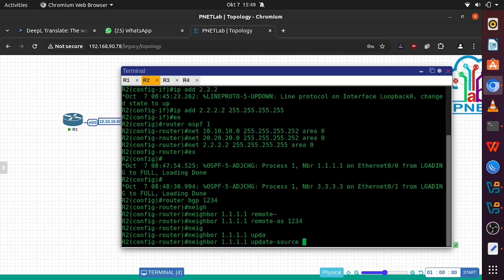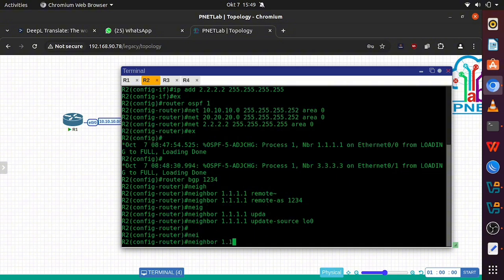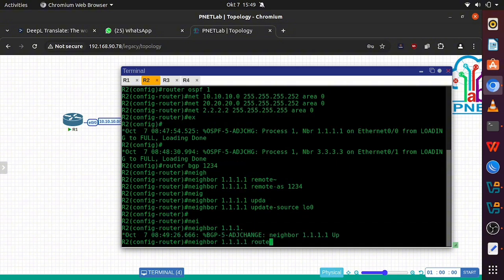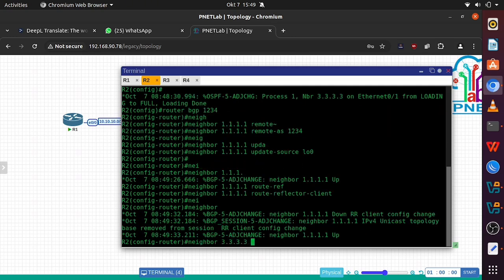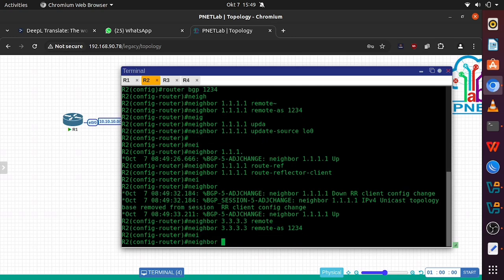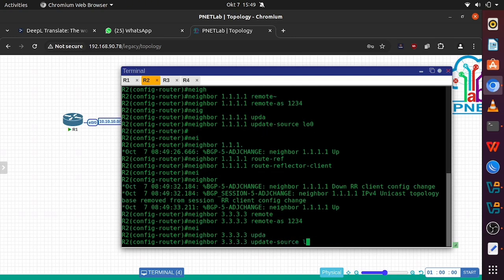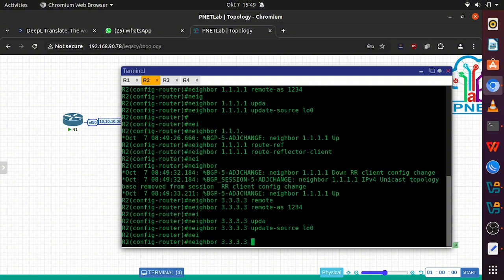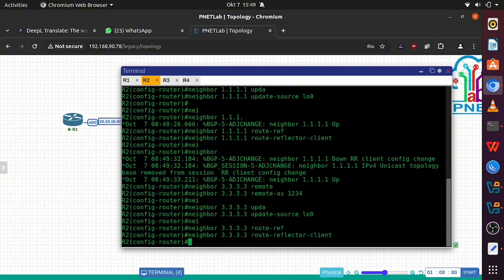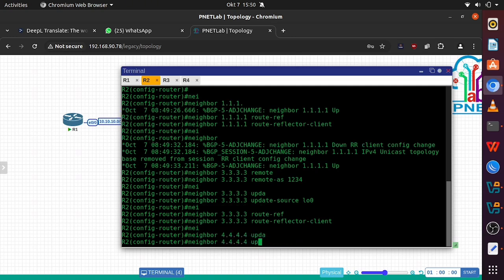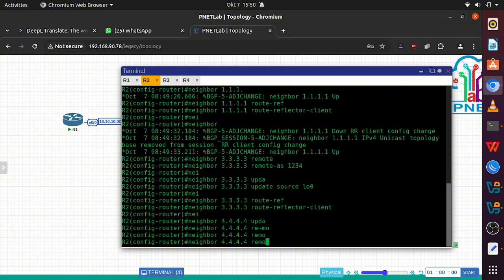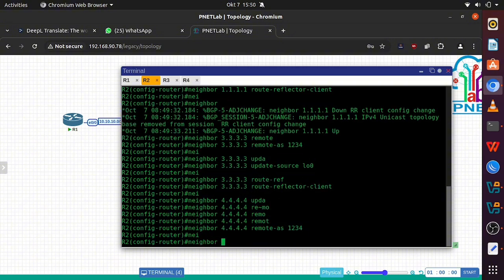And we'll go to the next step, which is neighbor 1.1.1.1 and also remote AS 1234 and update source loopback again, and also neighbor 1.1.1.1 route reflector client, and we get some new information, which is BGP neighbor change up to the RR, which means the route reflector client is up.